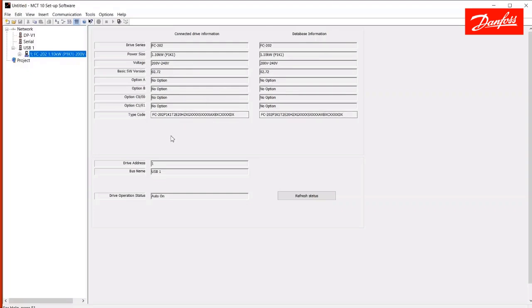There may be occasions where you plug the drive into the laptop and it appears on the USB side. However, instead of the drive being identified, you see a red circle with a cross through it here, and that means that the software sees a connected drive, but it does not have the database for it. When that happens,